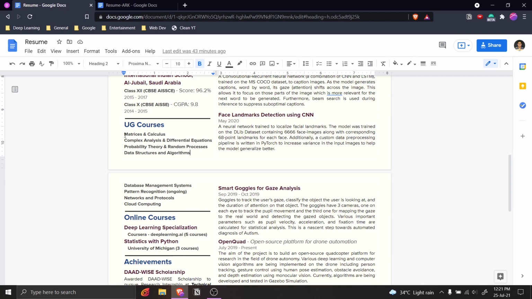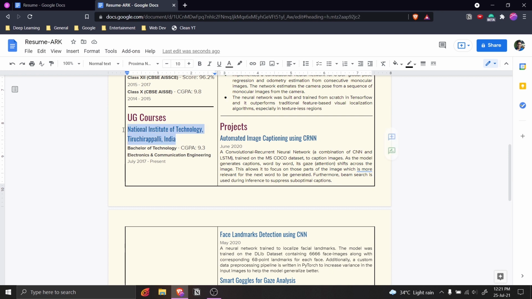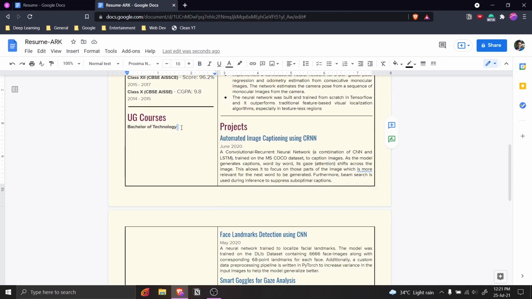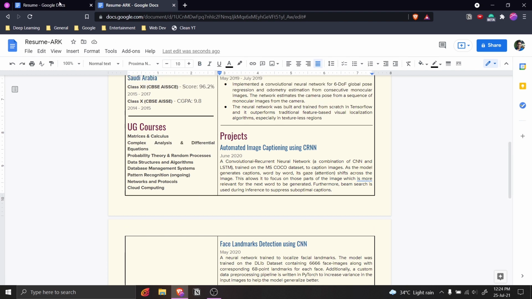Now here in the original resume, I have not used heading 2 because if I write all of these course titles that way, it's going to take up a lot of space. So I've just used normal text. So let's remove this and remove this as well, and let's write all of the course names with this formatting itself. So this is what it is, right? I'm just going to copy paste them from here, and you can go ahead and write them yourself, but for me I'm just going to do it here. Okay, so the UG courses section is complete.